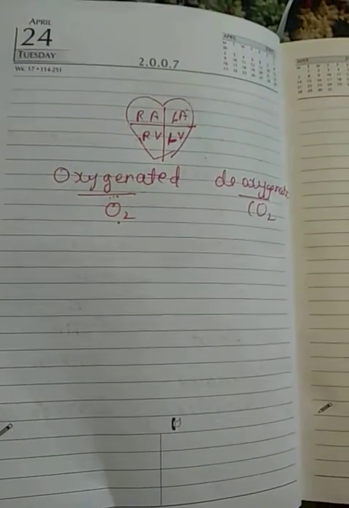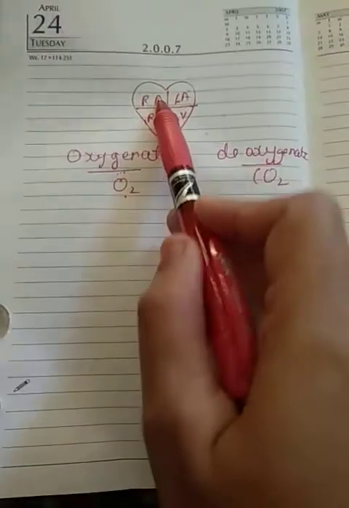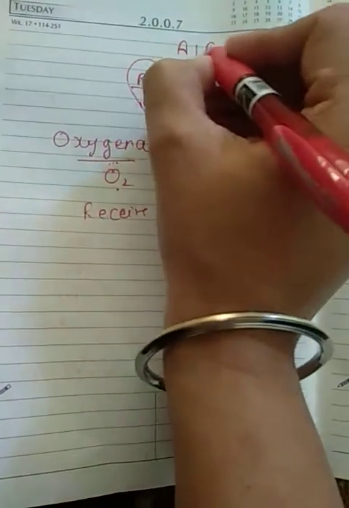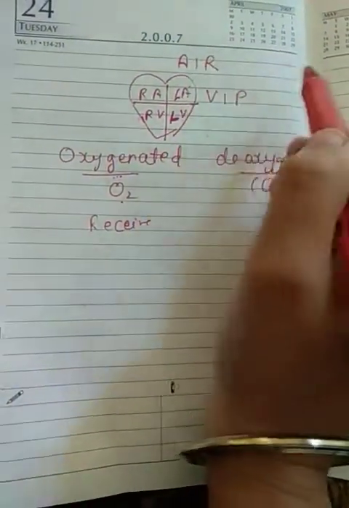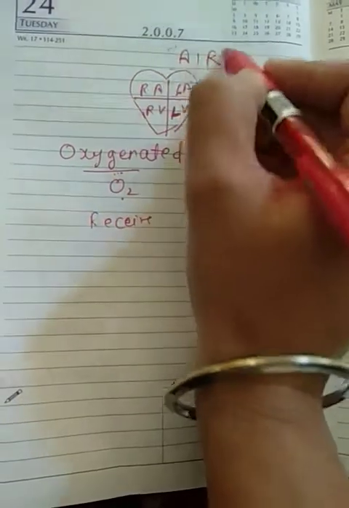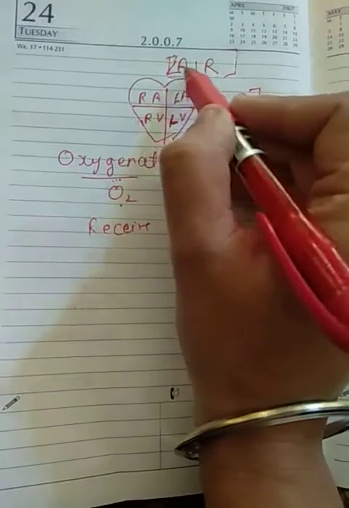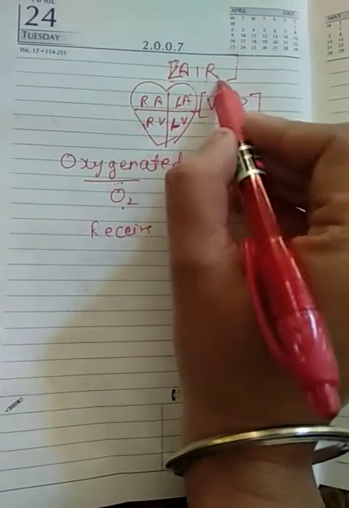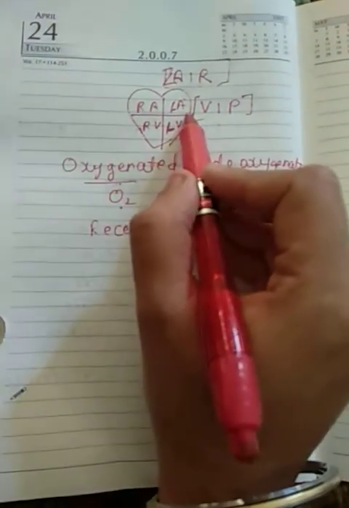Now, what do the auricles and ventricles do? So auricles are the receiving chambers. So they receive blood. You can remember this by using the words ARE and VIP. You can always remember these 2 terms. This will help you to remember which one is the receiving chamber and which one is the pumping chamber. So auricle, A for auricle, R for receiving. Auricles are the receiving chambers. They always receive blood. So right auricle receives blood and left auricle also receives blood.